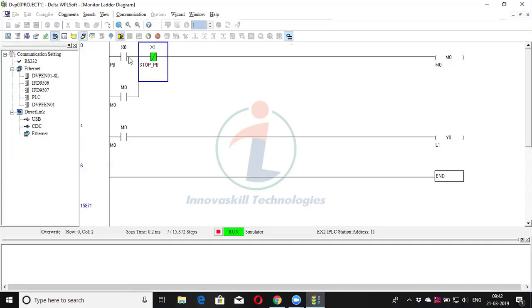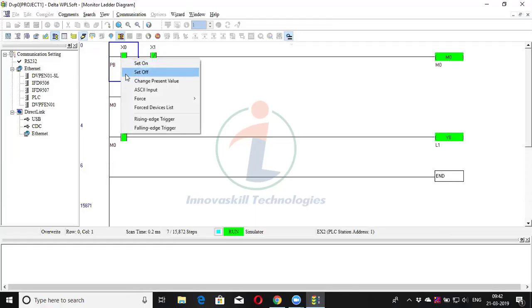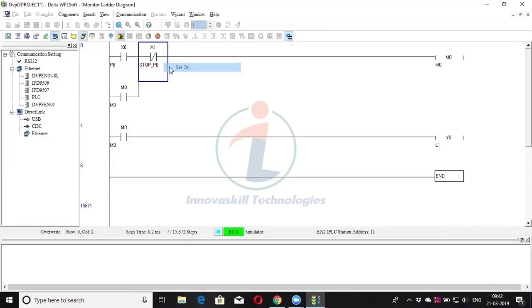So since it is latched, what is happening? If you turn it on, select this, select set on, output is on. Select this, select set off, still it is on. Select this input, select set on, everything is deactivated.